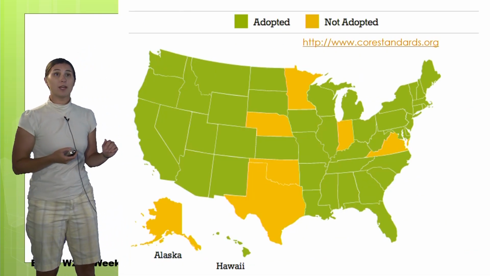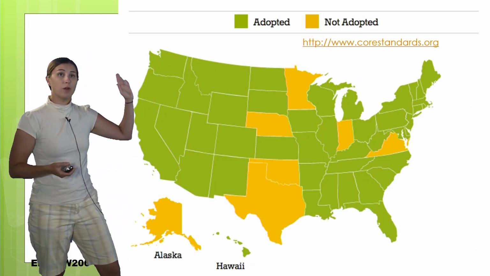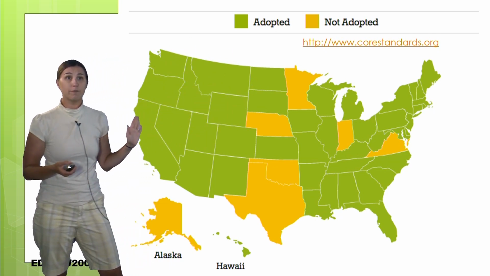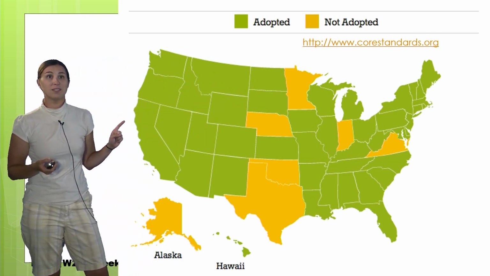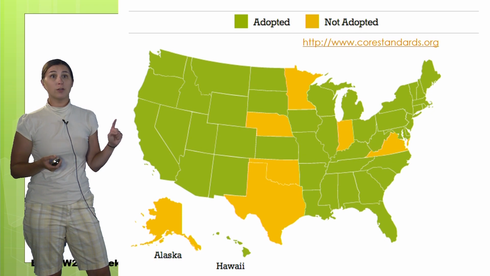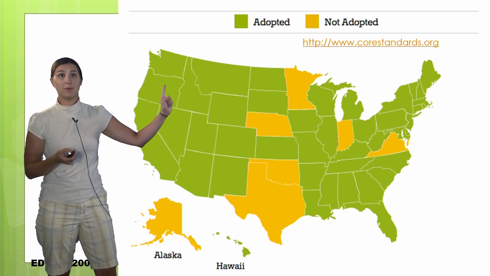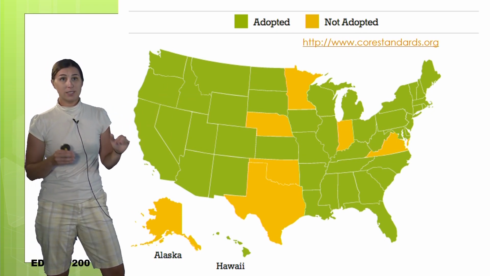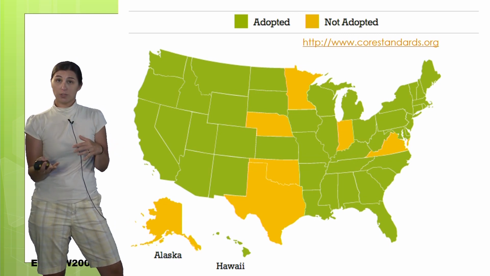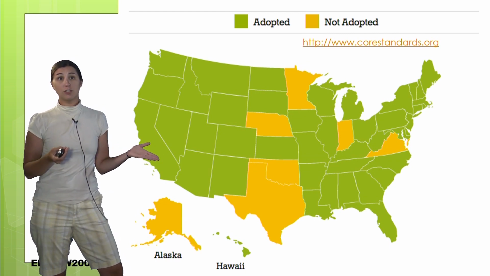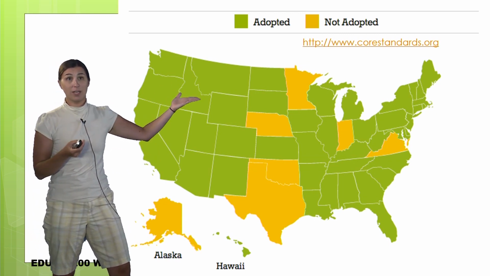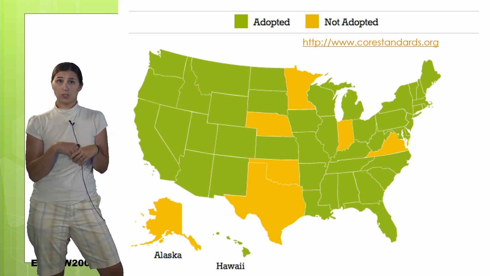So this was a map of the Common Core standards, something I was talking about before. All of the states that are in green are following Common Core standards, which means the standards in California are the same as the ones in Nevada, the same as the ones in Idaho. So they all follow the same standards and they all have similar resources, right? So a California teacher could take resources from a Colorado teacher and be able to use those in her classroom.